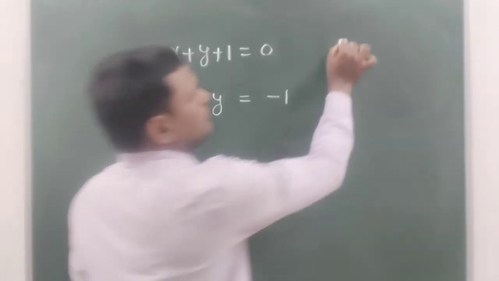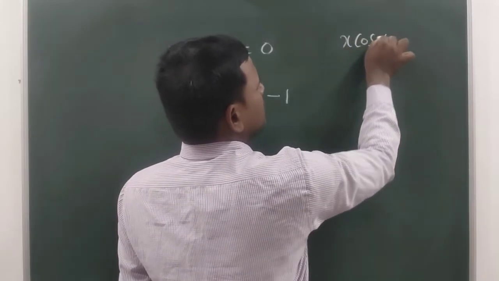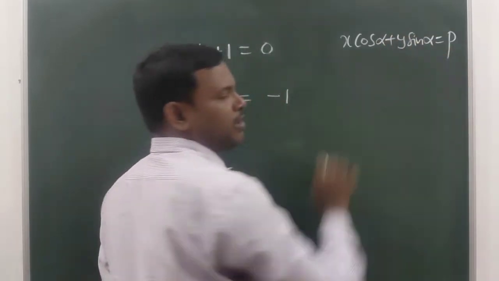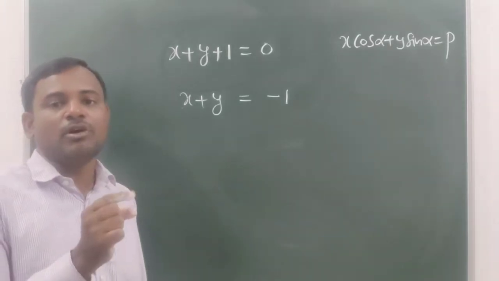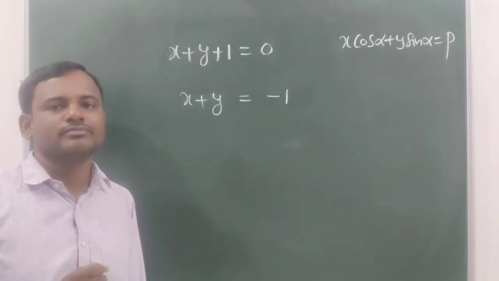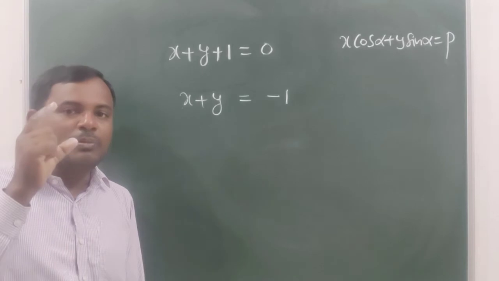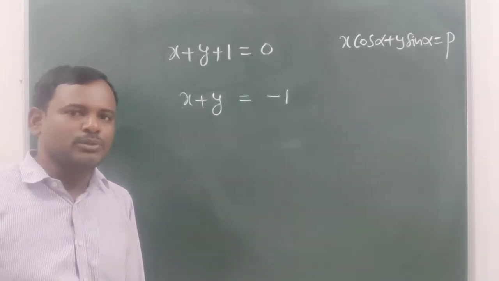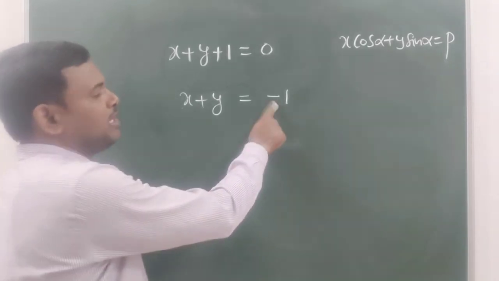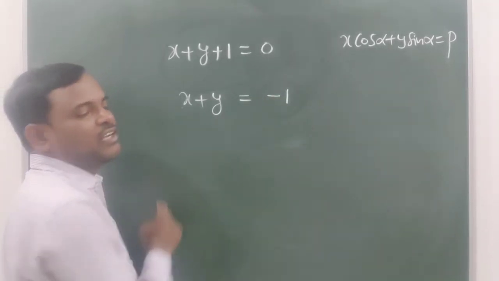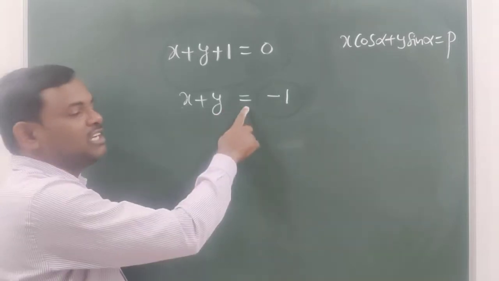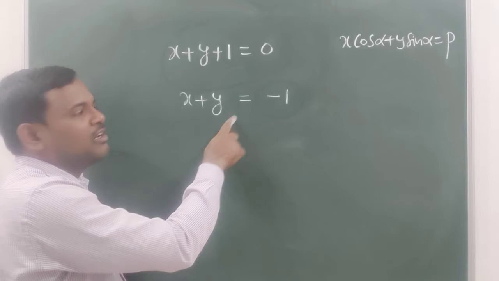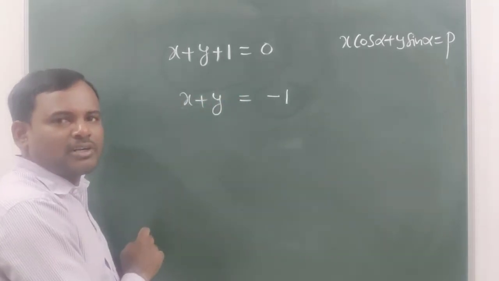So you know what is the normal form of the straight line? x cos alpha plus y sin alpha equal to p, where p represents the perpendicular distance from the origin to that line. Okay, so perpendicular distance, as you know, distance should always be positive. So make sure that whichever is on the right side of the equal sign should always be positive. In this transformation we are getting the RHS part as negative.